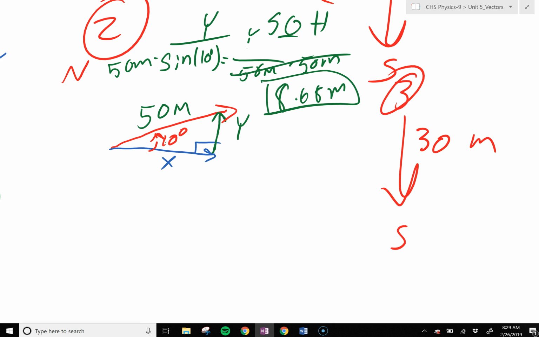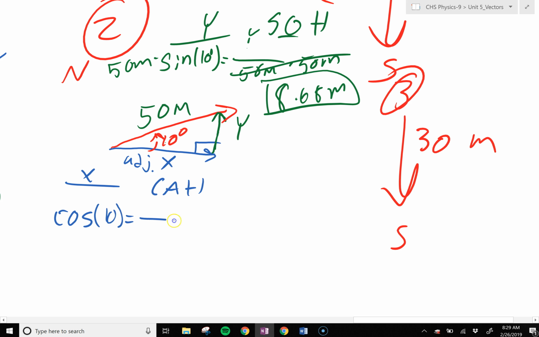meters. I'm going to switch my colors over to blue. The x direction, this one's going to be cosine because this side's the adjacent side to the angle. So we've got the cosine of 10 degrees equals the adjacent side, which is x, over the hypotenuse, 50 meters. Solve this for x by multiplying both sides by 50 meters. And we get 49.2